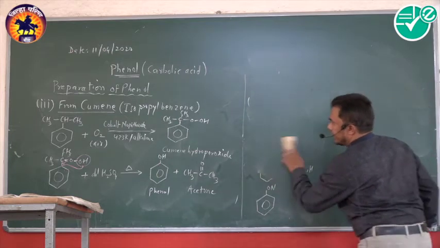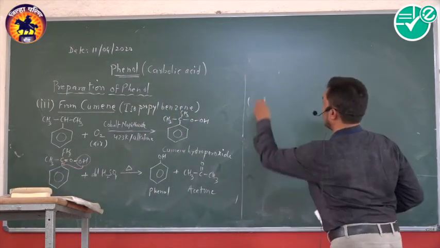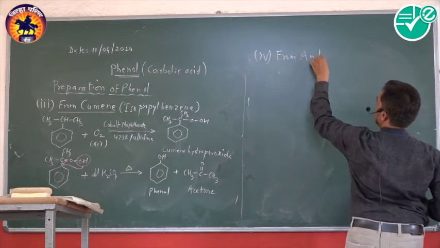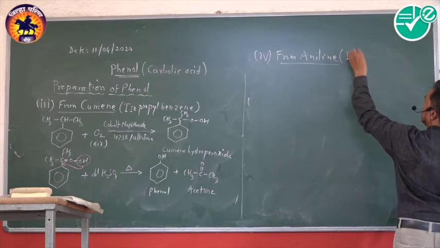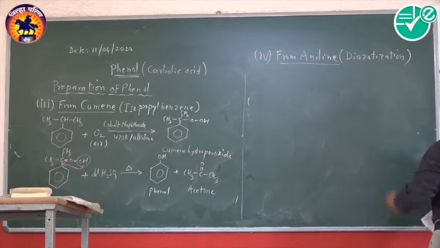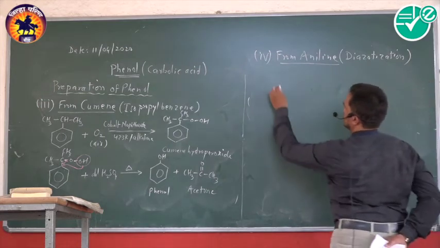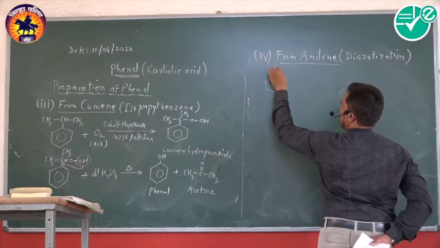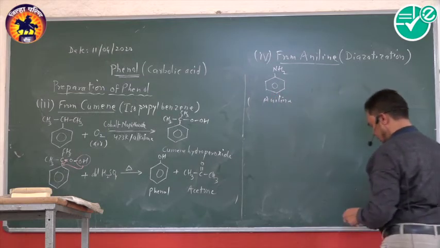Now we'll see the next method, that is from aniline. Number 4. Using the aniline compound. Now this reaction is also called the diazotization reaction. Since it's a method to prepare phenol from aniline, it's called diazotization. What is diazotization? Look at the reaction. Now aniline is treated with